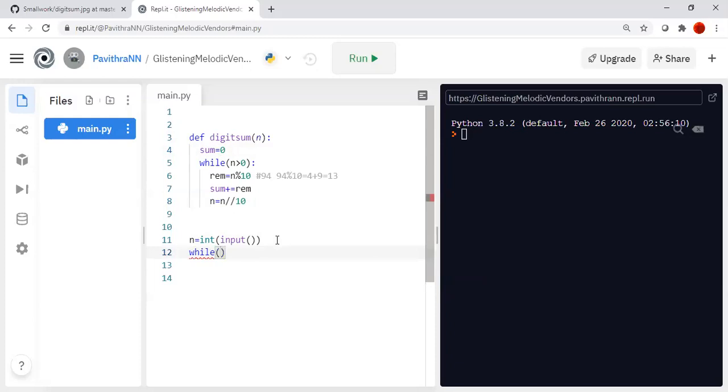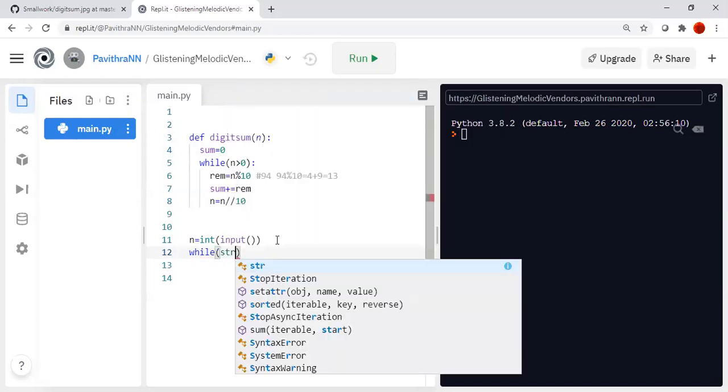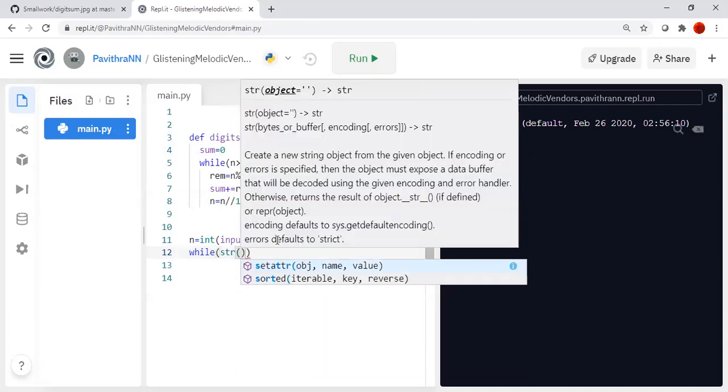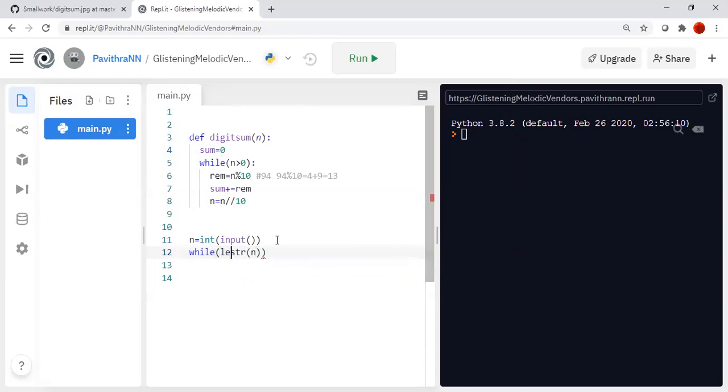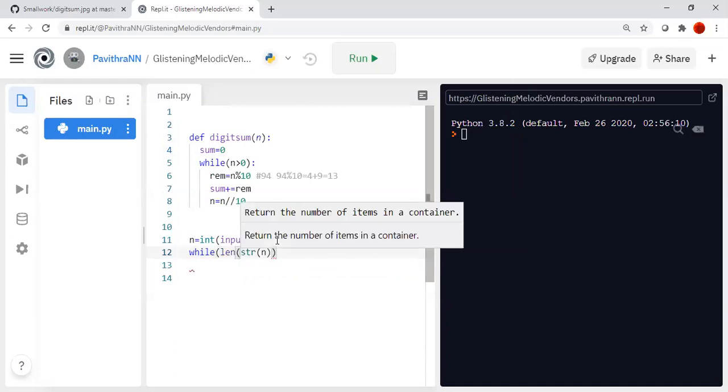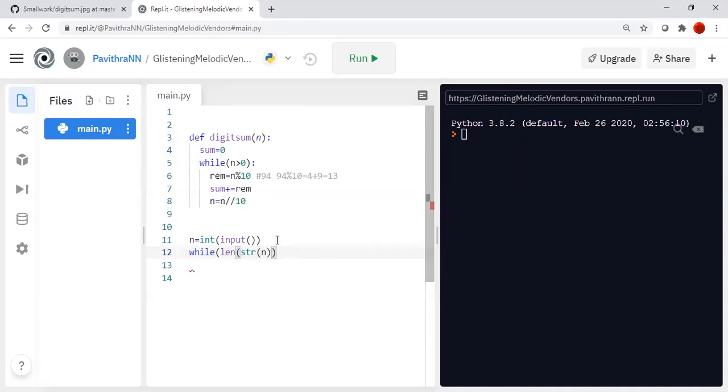For that, I am converting the number into a string of n, because I want to find the length of n. If the length of n is 1, then I will stop this process. So I check whether the length of n is greater than 1.